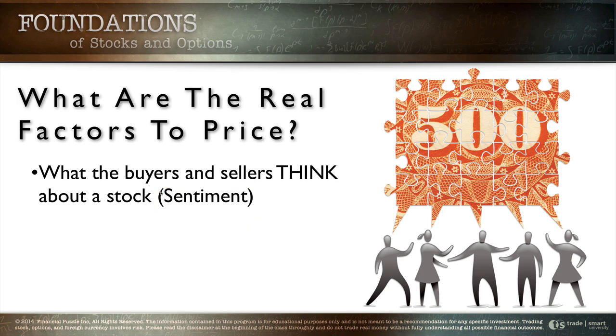Now, here's a question. If we're going to talk about the real factors to the price of the stock, we've deduced that it's down to what the buyers and the sellers think. Here's the next question you need to answer, Chris. Who are the buyers and the sellers? We've gone so far now in our logic that we've understood that fundamentals don't drive the market, it's speculation. And the current value of a stock is what someone's willing to pay for it. The real driving factor, the buyers and the sellers, and what they think, which we call sentiment. So who are those buyers and the sellers?